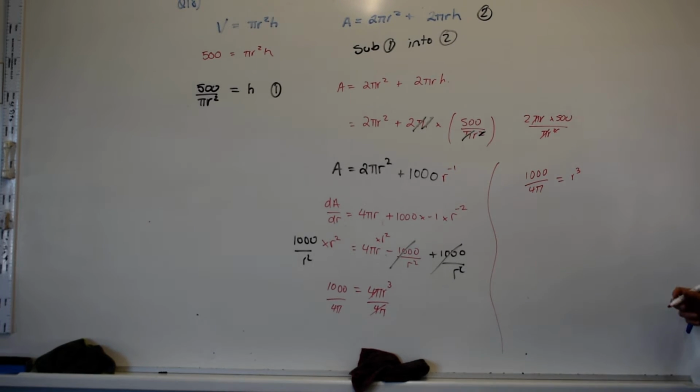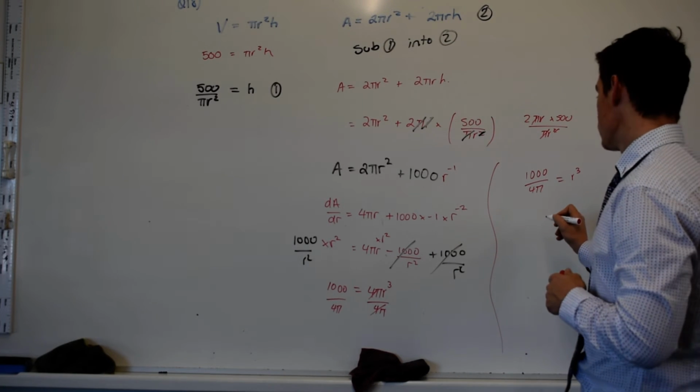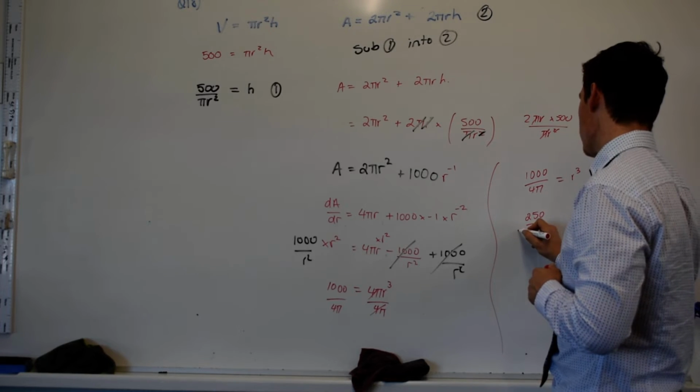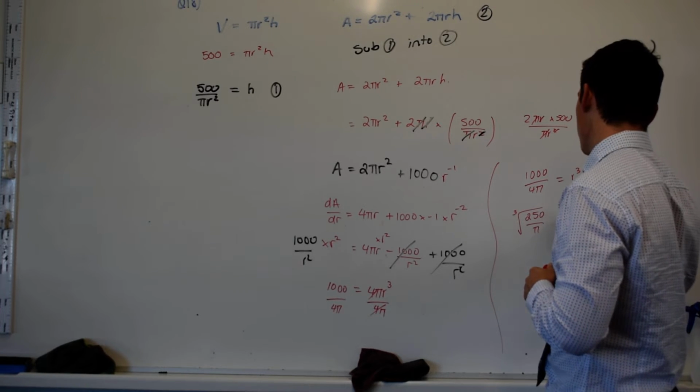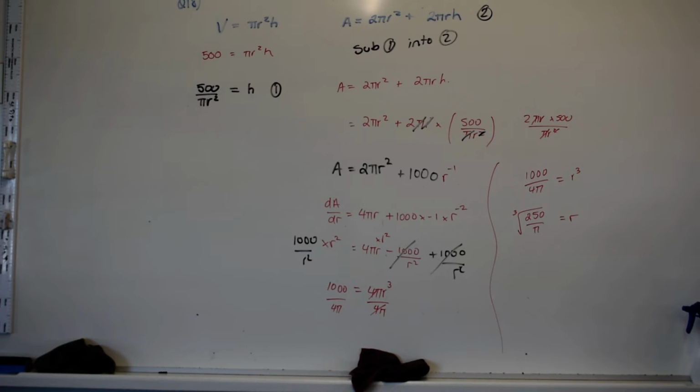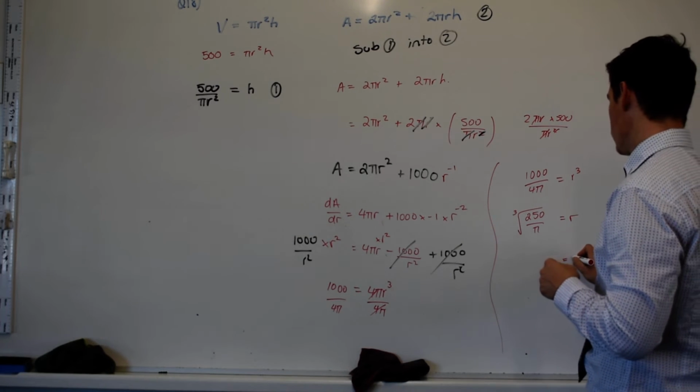I can write that a little bit more efficiently, can't I? 1000 over 4 is? 250 over pi, and I can write that as the cube root of that equals r. The radius equals